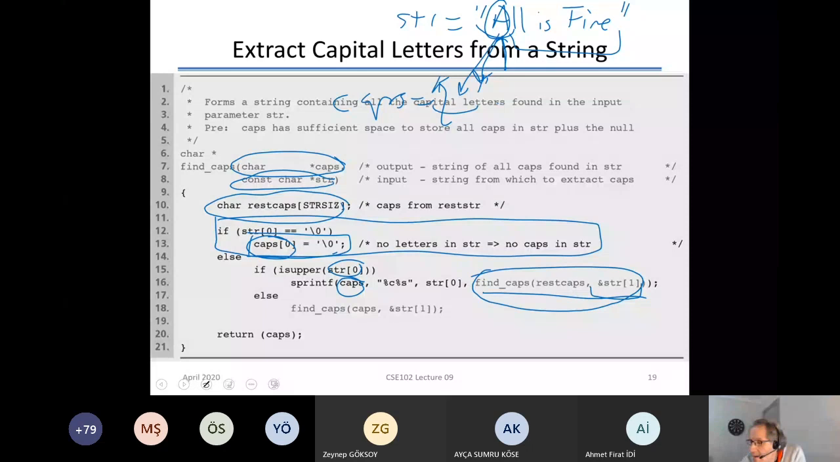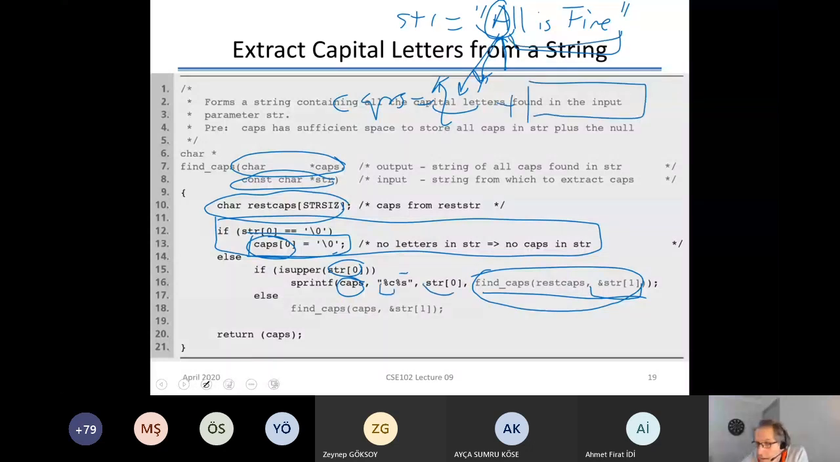So this is finding the capital letters in the rest of the string. If this works, I take the current character, which I know to be capital, combine them, and put them in caps. That's it, I'm done. If not, then I just call this recursive function without doing this thing, because